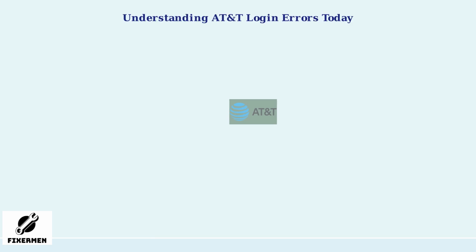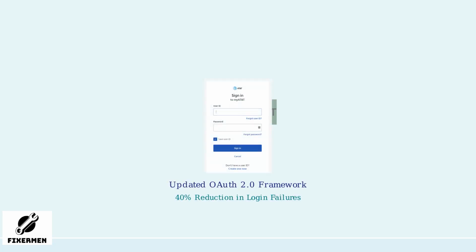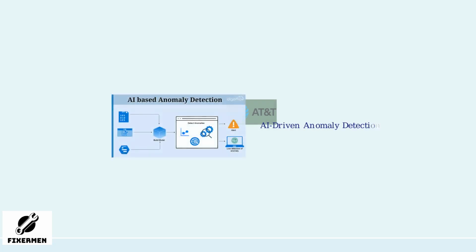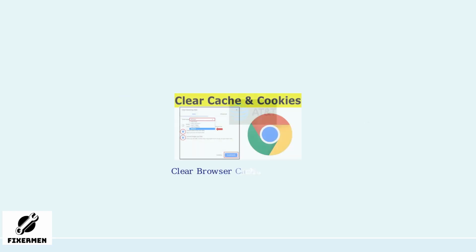Experiencing login issues with your AT&T account? As of March 2026, AT&T has significantly improved its login systems, but errors can still occur. Learn about the current state of AT&T logins, including the updated authentication framework and reduced login failure rates, thanks to AI-driven anomaly detection. We'll cover how common issues now often stem from user-side problems, such as outdated app versions or